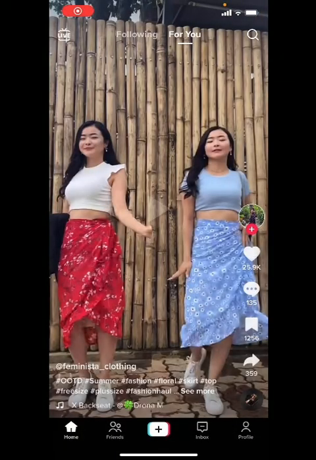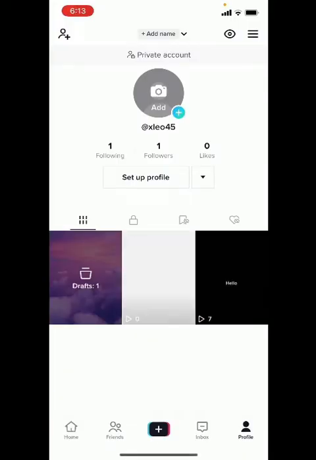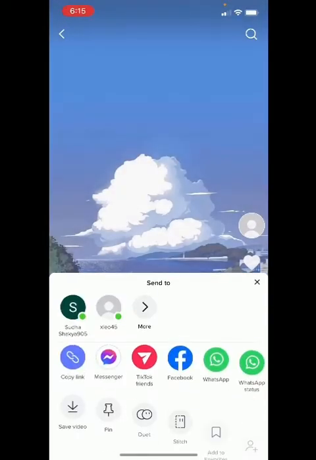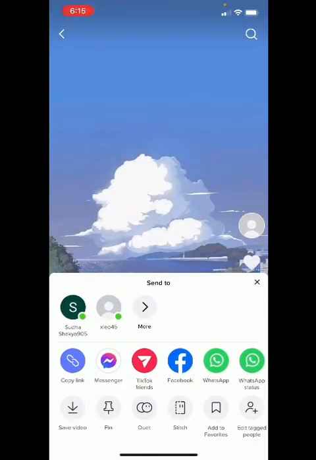As it has been posted, go to your profile and click on the photo that you have posted. Now to share, click that three dots. After that, you can see send to, and they'll show your friend list. Click on the friend you want to send it to